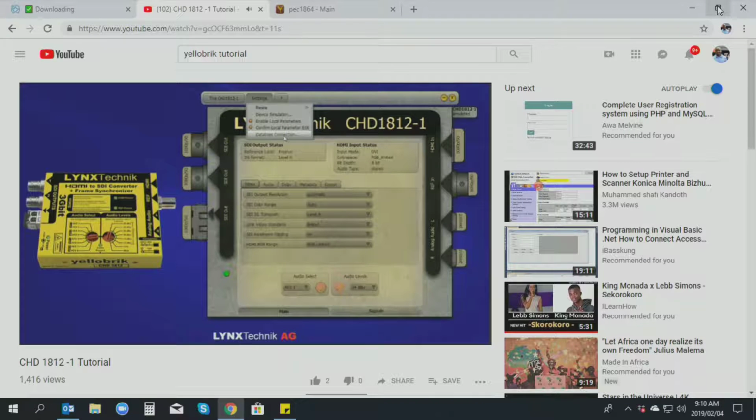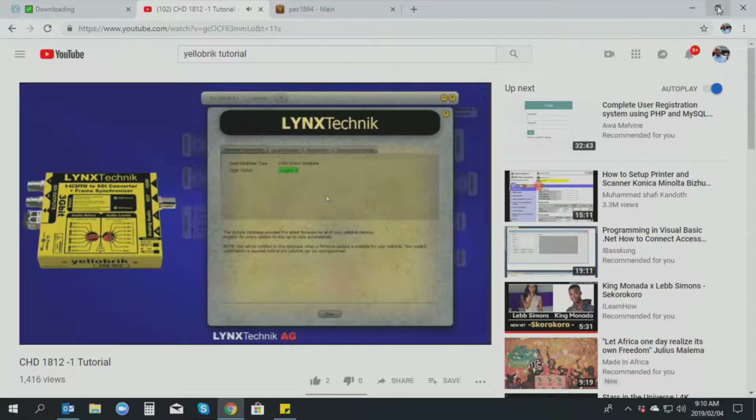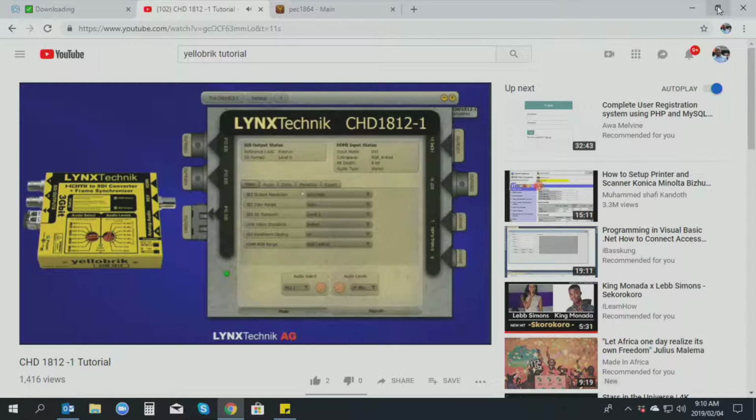The most important thing, and I suggest everyone does, is the database connection. Click on here, just register with us. It doesn't take a second. All we basically need is your email address, and what that enables us to do, once you've logged in or entered the code to register with us, is that as soon as you start this application, if you're connected to the internet, immediately it will connect to our engineering servers in Germany, and if there is a software